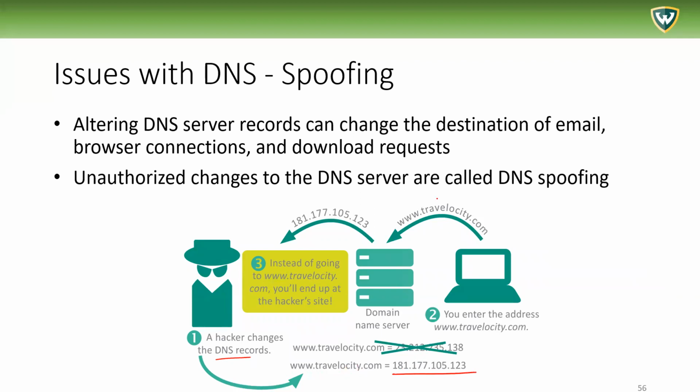When your computer connects to Travelocity, it receives back this wrong IP address. And then your computer is actually going to connect to this wrong IP address, which may not be safe, which may download some things you don't want to download or something like that. So that's called DNS spoofing,